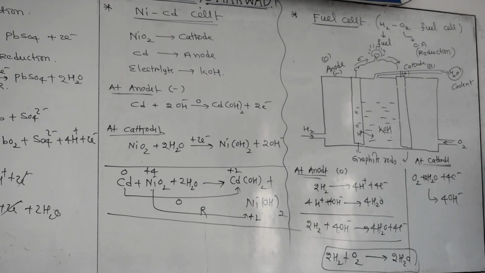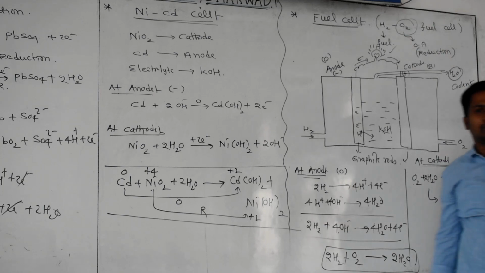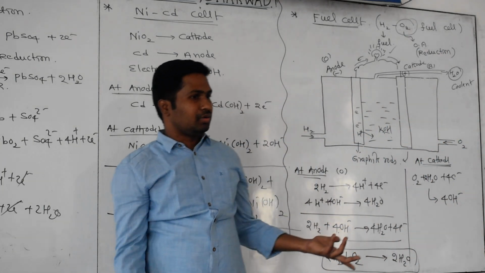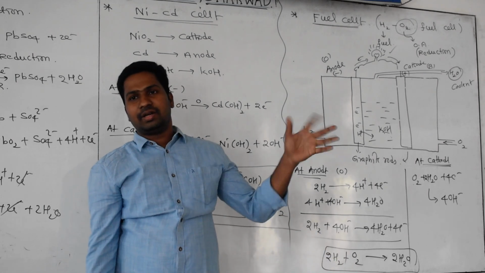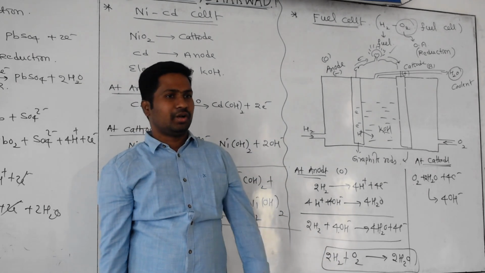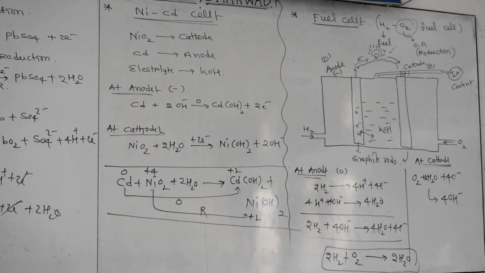Generally, we are doing preparation of water only, but by using a special device that is very helpful to us to get electrical energy. It is very efficient and with less cost you can get more power. All are good factors, but the only drawback is that we are consuming oxygen gas. That is the only problem. Without oxygen we can't do anything here, meaning we can't get the power. Is all of it clear? Yes.